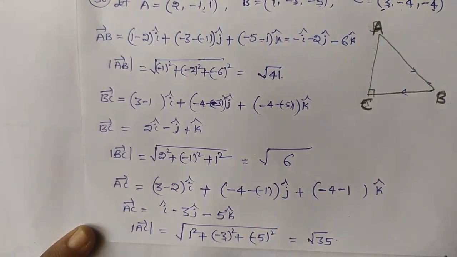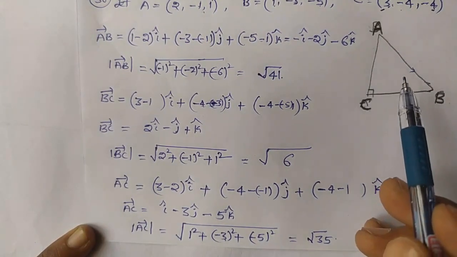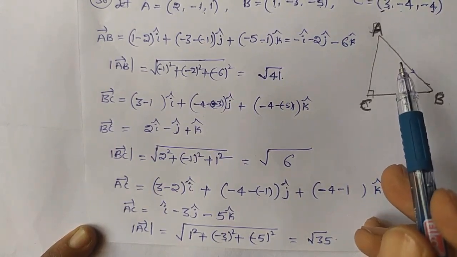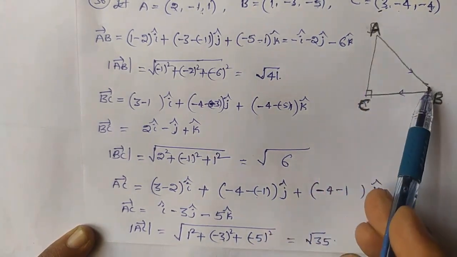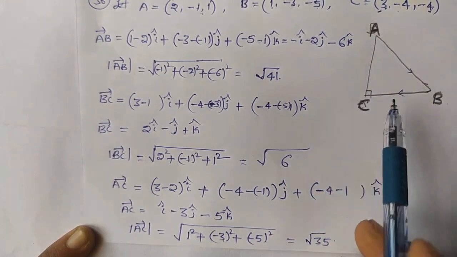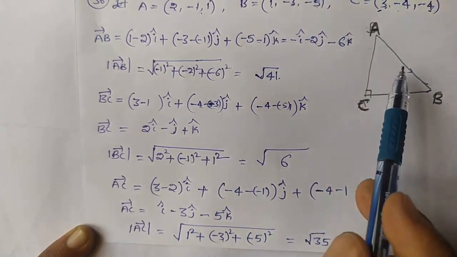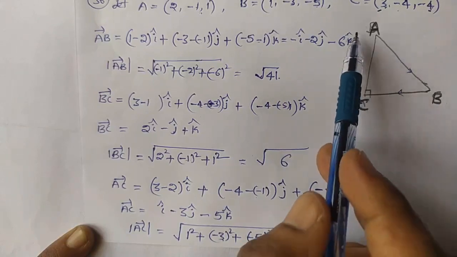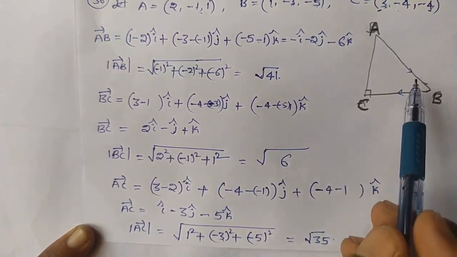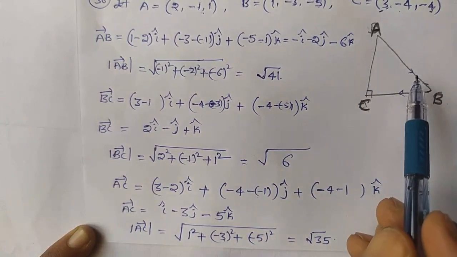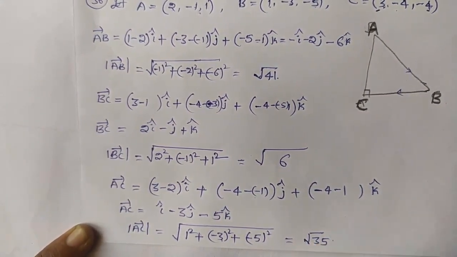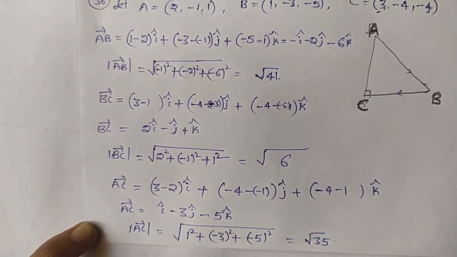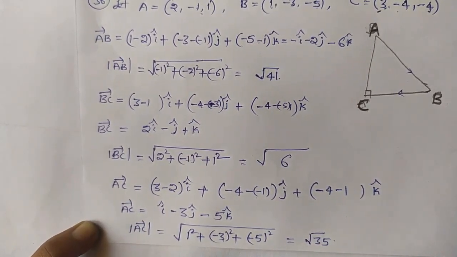For this you have to remember that any one side length equals the sum of the other two, maybe AB vector, either AC vector or CA vector. Whatever it is, the sum of any two lengths equals the one length. This thing you have to remember. I already explained this in this chapter also.